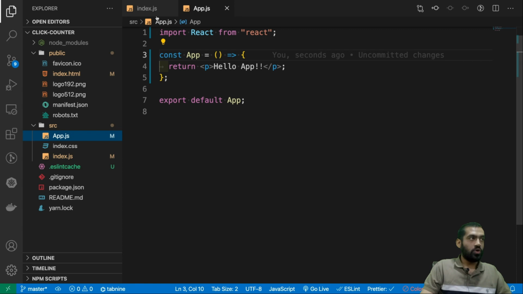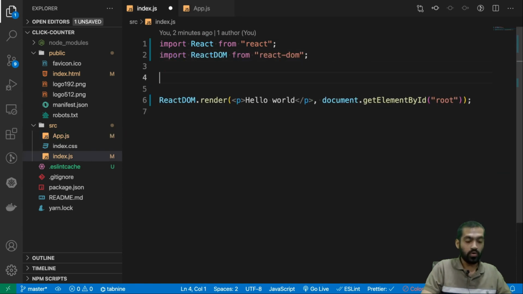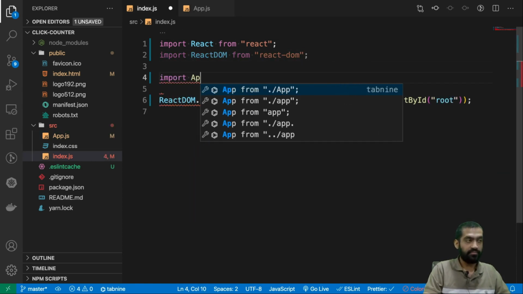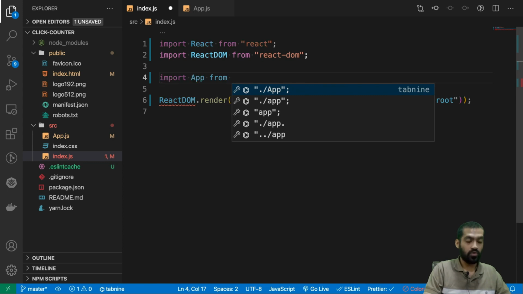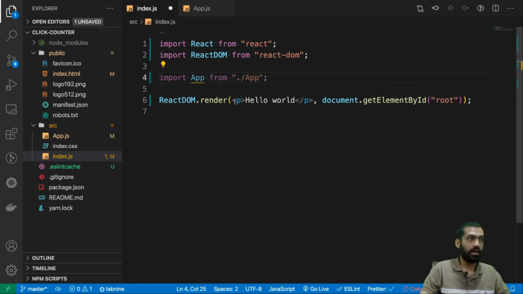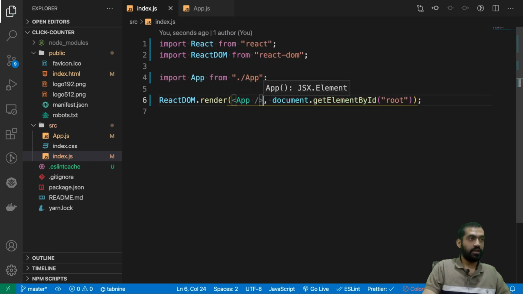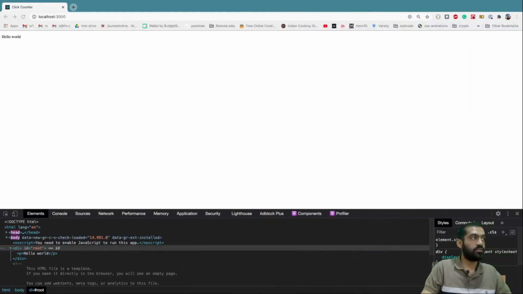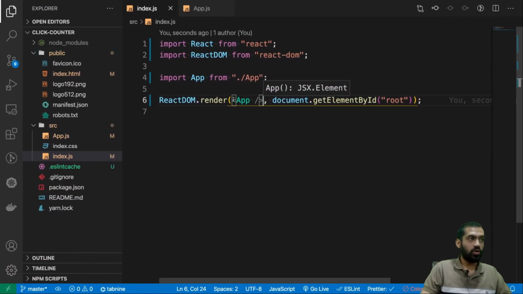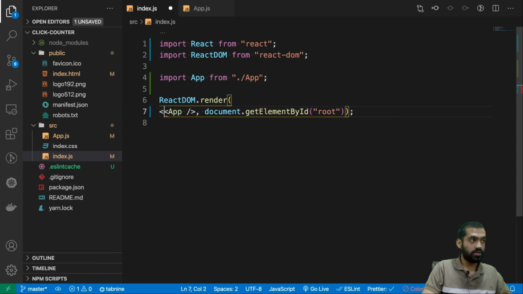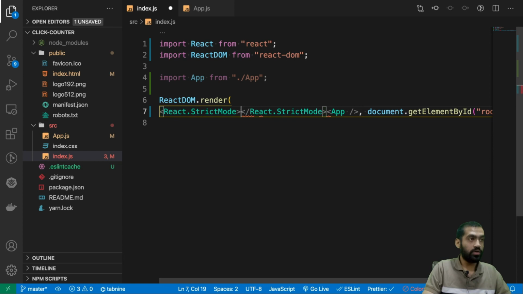Let's now import this app file here, app from ./app, and put the app component here, and let's see whether, yeah, we have hello app, right? Also, React asks us to use React.StrictMode.